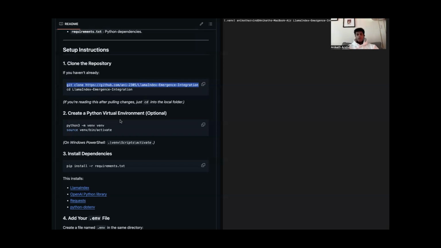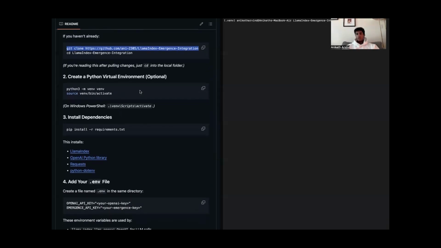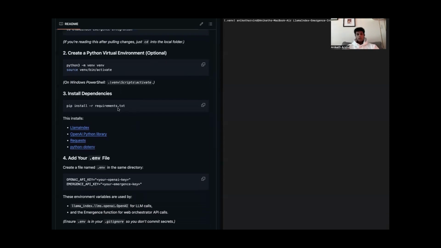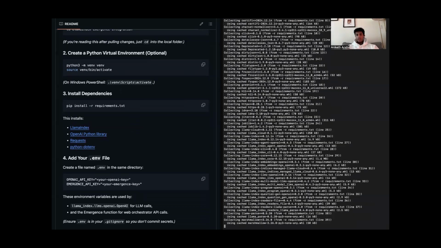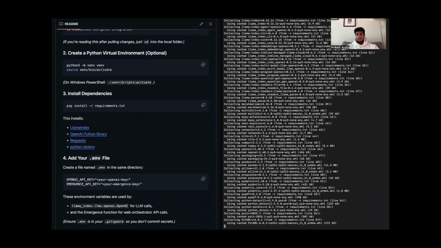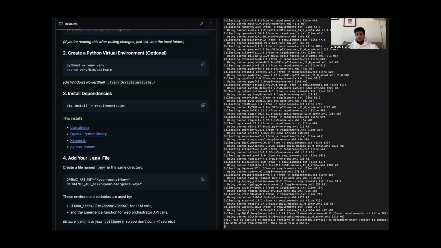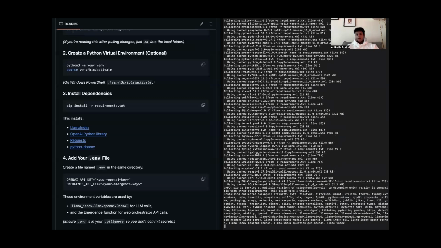Okay, so now that we have this virtual environment set up, we can install all of the basic requirements for this project. The way you can do that is simply installing the requirements.txt here. So we'll just do that. You'll see that it's just going through with that. It should take about 10 to 15 seconds max. And once we have accomplished this,